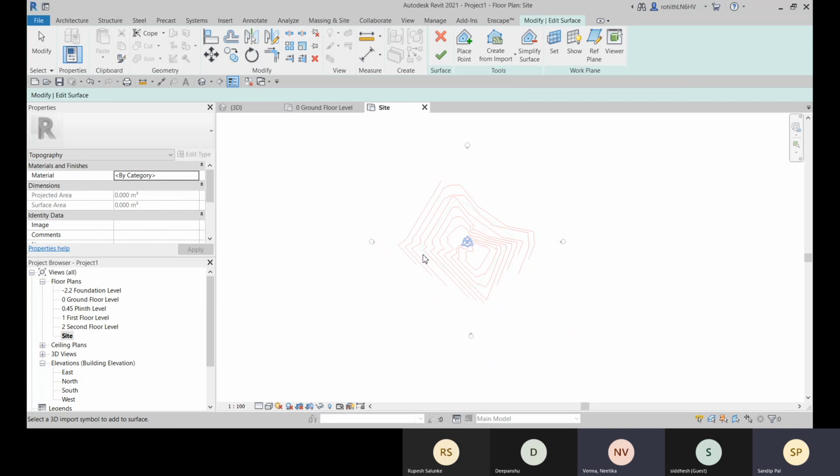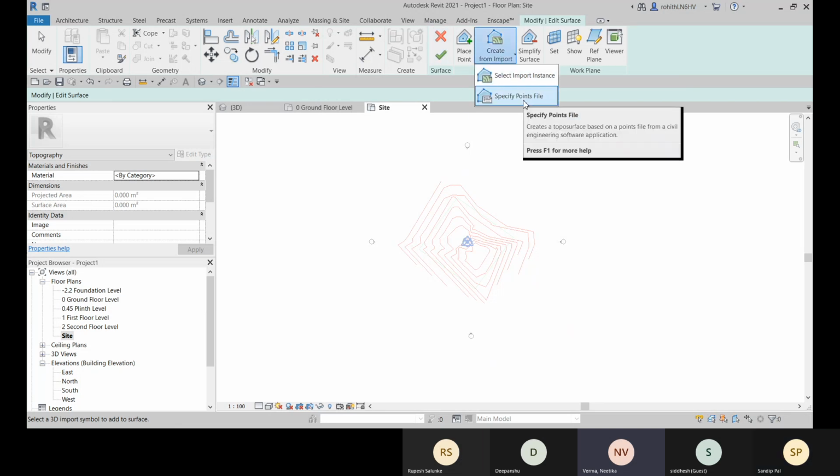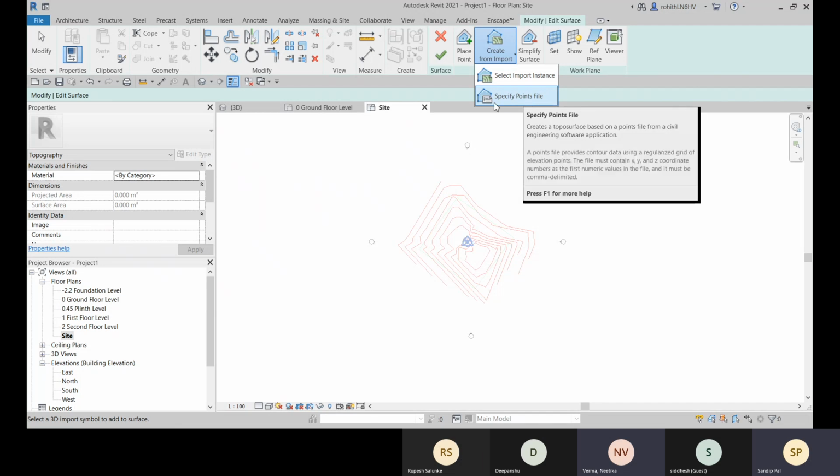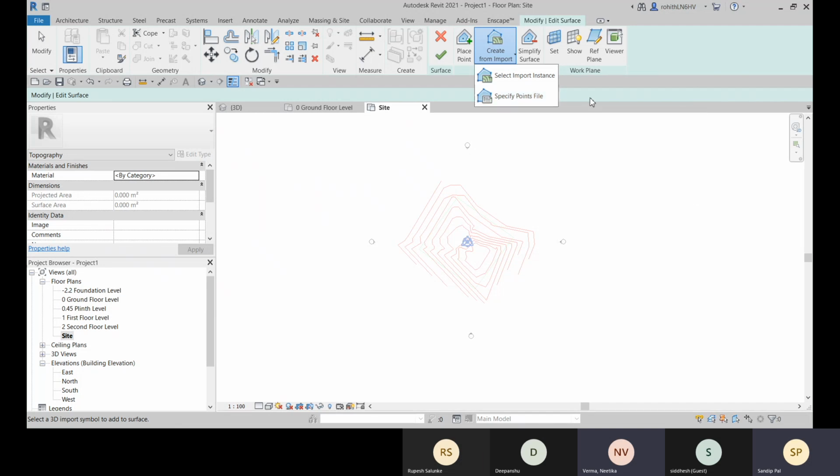There are two options, import instance, and another option, specify points file. You can choose a .csv file. You know that for survey data, we also create an Excel file. So that file you can upload, and accordingly it will create some points over there, and you can then create the topo surface.